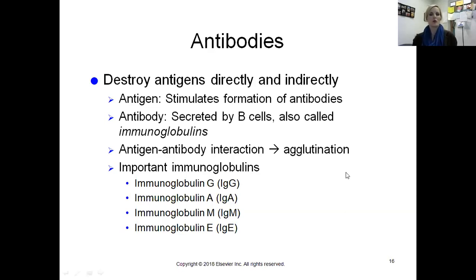So here are just a few important types of antibodies. Immunoglobulin G is found in plasma and bodily fluids, and is very proficient in attacking bacteria, viruses, and other types of toxins. And that's immunoglobulin G. Whereas immunoglobulin A is found in places like breast milk and in our tears. We saw that picture a second ago. It's also in different gastric juices, and it's very effective in protecting against infections in